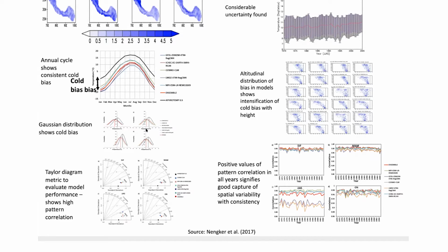And then we also looked at how the altitudinal distribution of bias in the model shows intensification in most of the cold bias. That is the major problem in this Himalayan region. Let me put it another way also: this kind of bias primarily depends on how much observation over the Himalaya is going into the observational analysis, because most of the observational analysis also incorporates these in situ